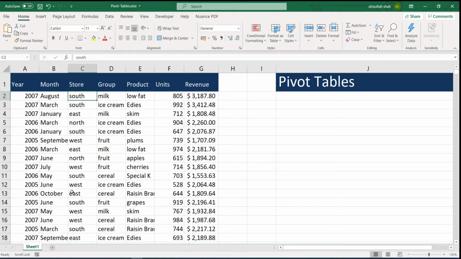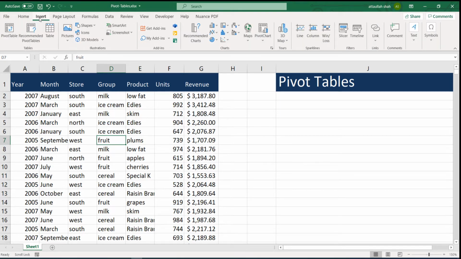To create a pivot table, we need to click inside the data. So if my active cell is outside the data, the pivot table will not work. I would rather click inside this specific data set and then go to the insert menu, and the first option in the insert is pivot table. I'll click on that,